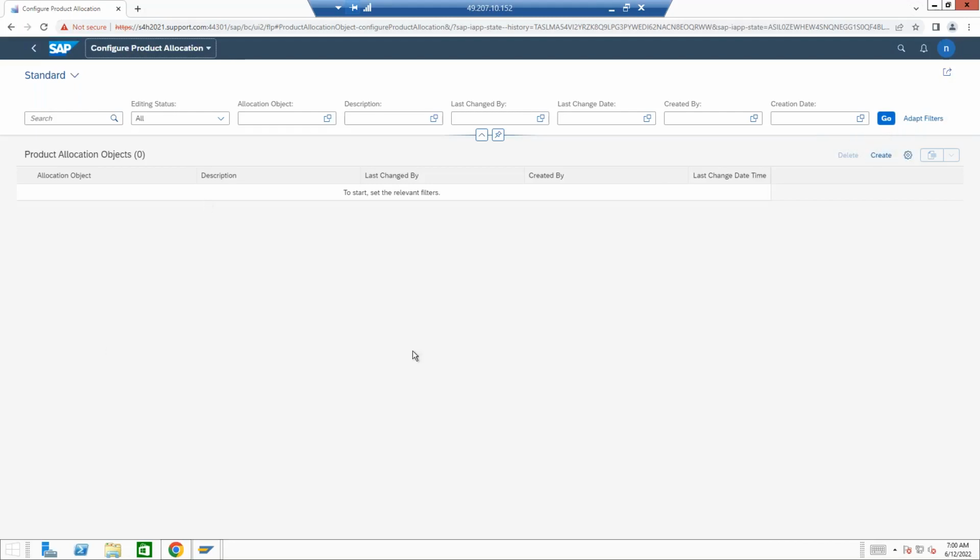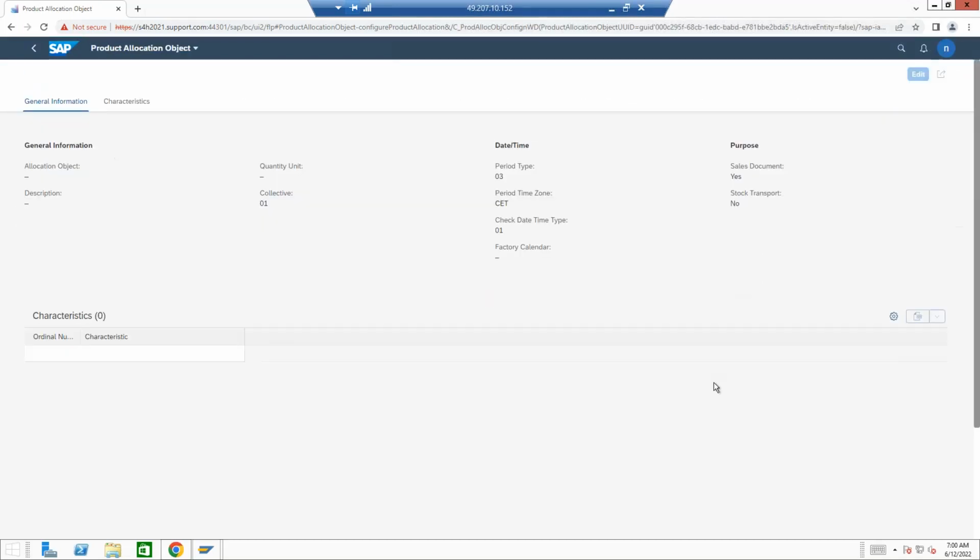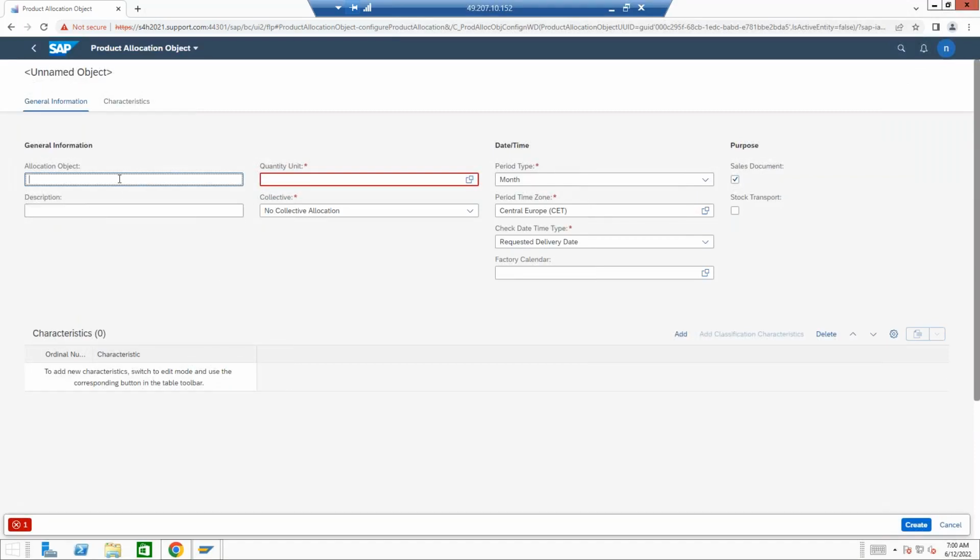So if you want to see already existing product allocation objects, you can just click on Go. The system will show you what is available in the system. Or else you can click on Create. Just click on Create. We could create our own. So I'll just say product allocation object